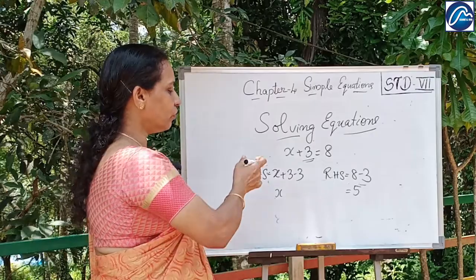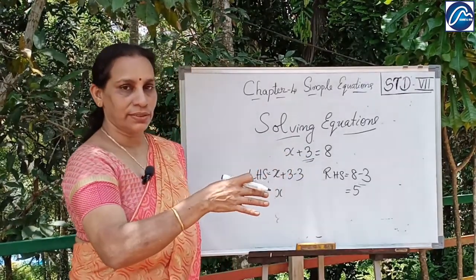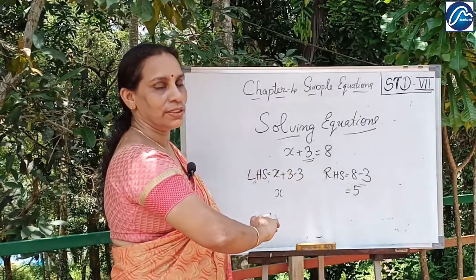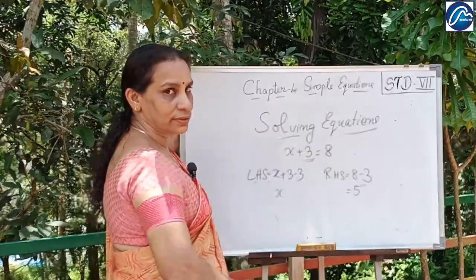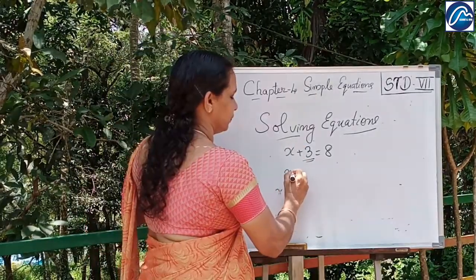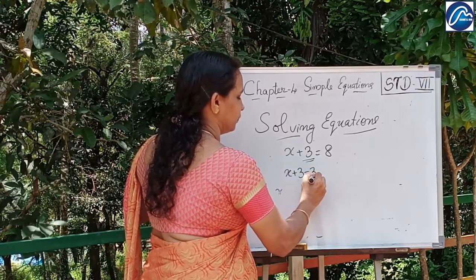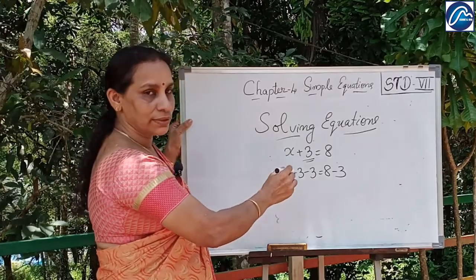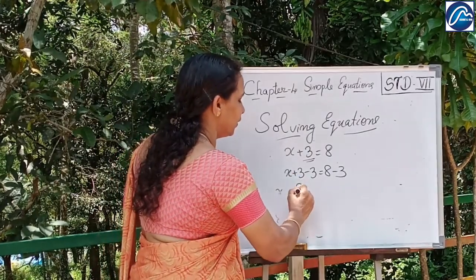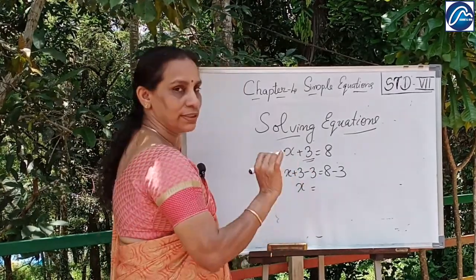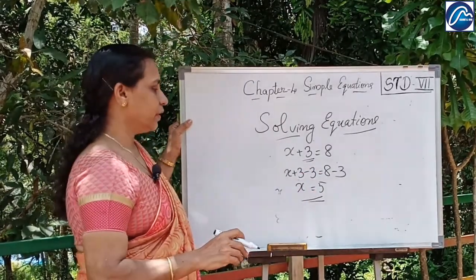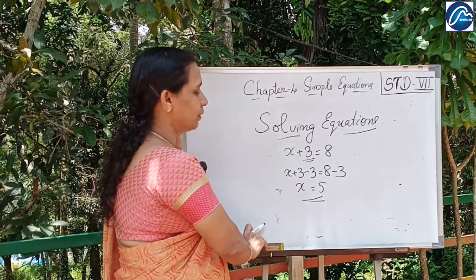Okay. So you don't always want to write LHS, RHS. You can do the same operation on both sides and you will get the answer. I'll write it that way. x plus 3 minus 3 is equal to x. 3 minus 3 is 0. 8 minus 3 is 5. So x is equal to 5. If you are subtracting some number from this,